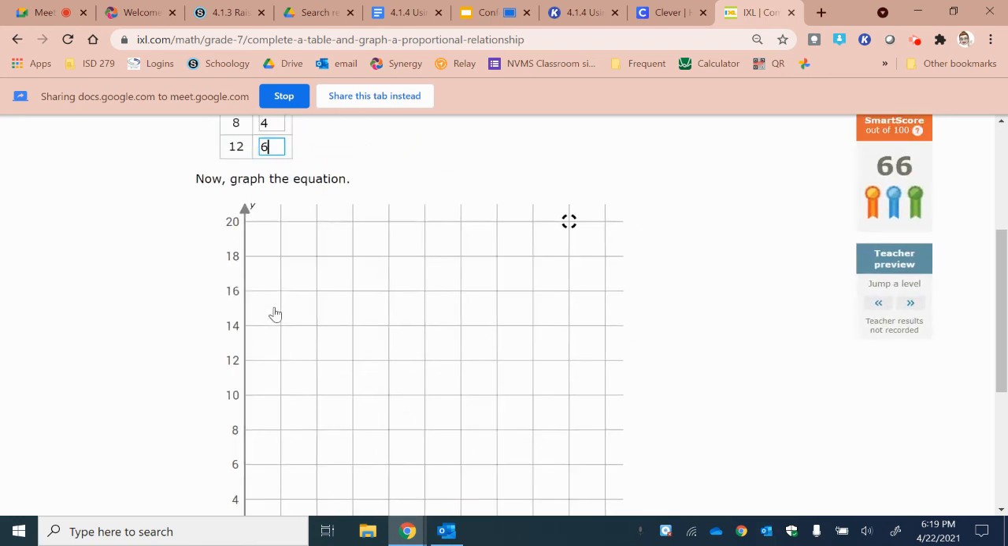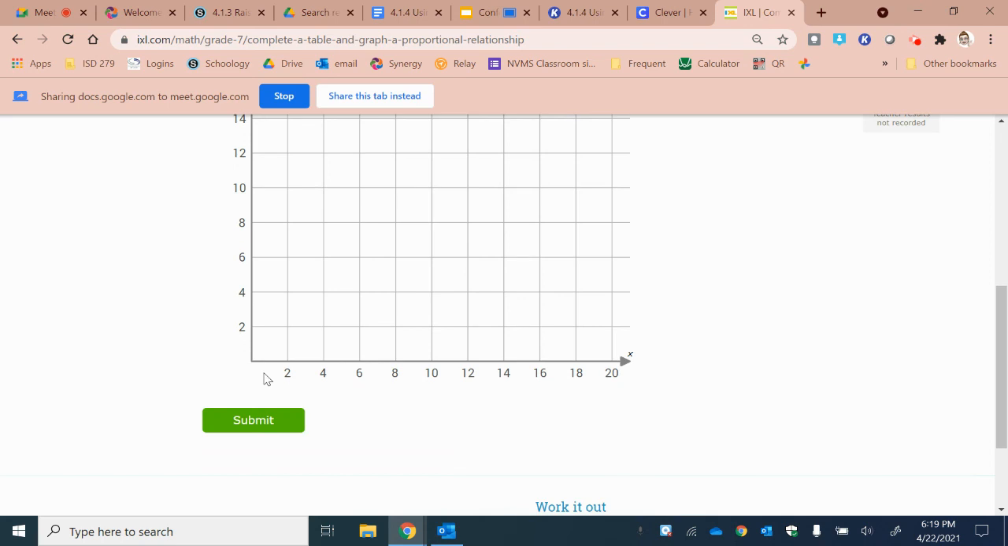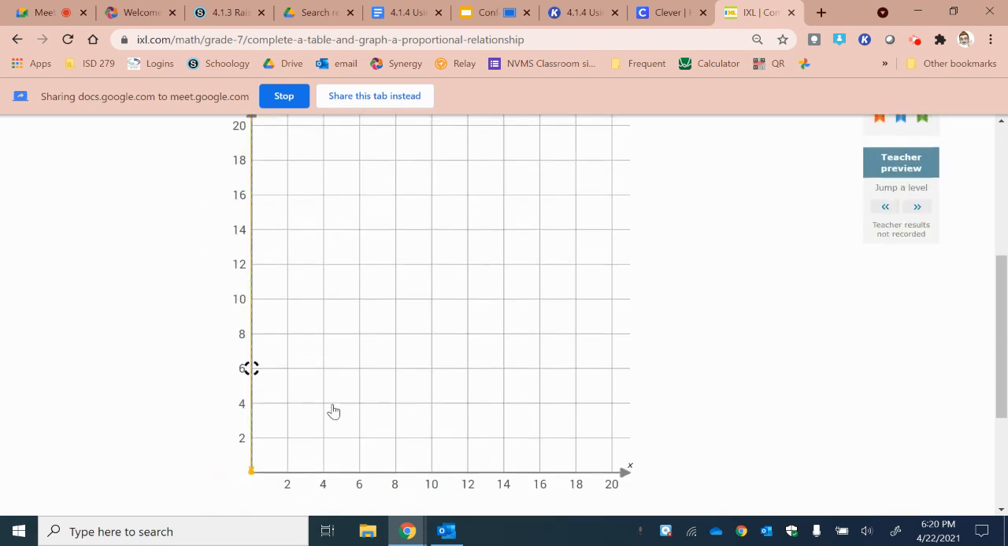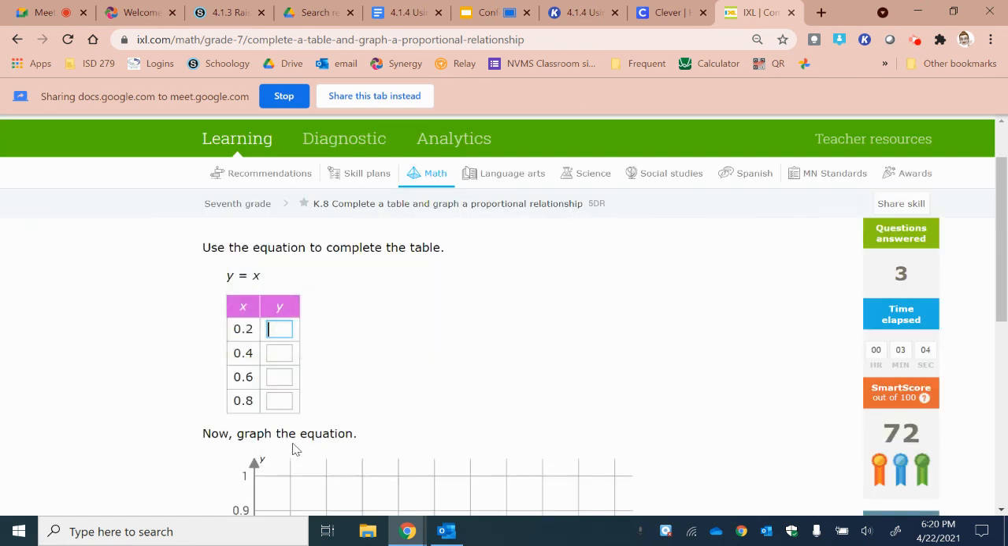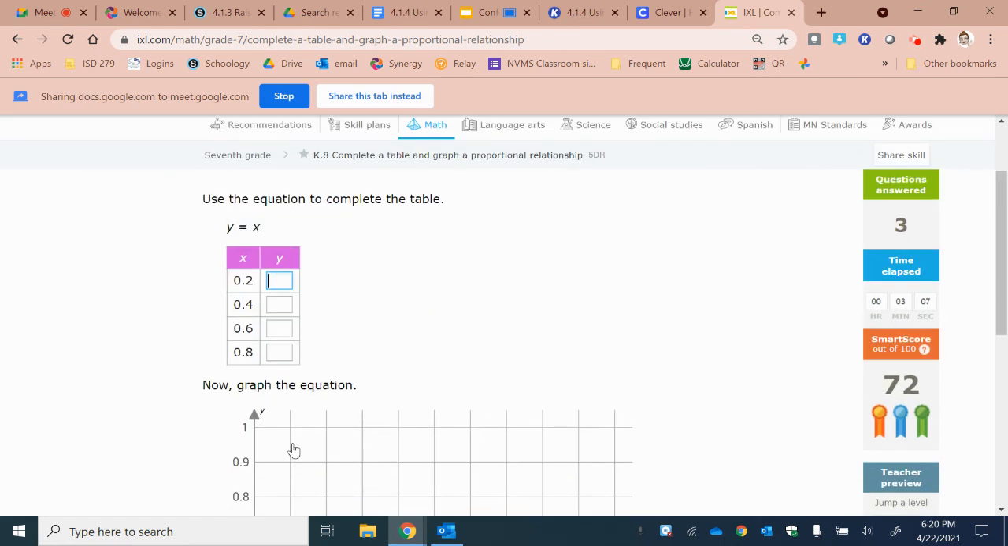And then we're just going to graph it like you were doing before. So you have 0, 0, and then 8, 4. Boom. It works exactly the same way with fractions and decimals. Again, we have